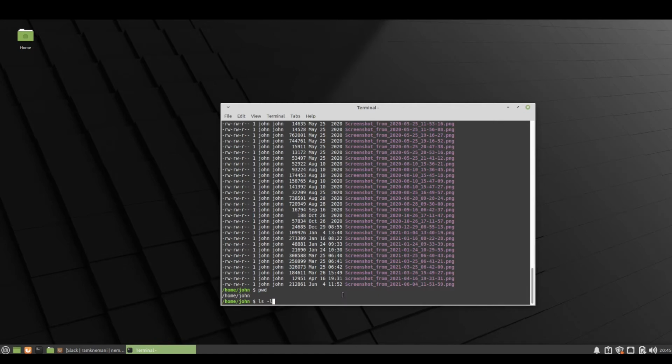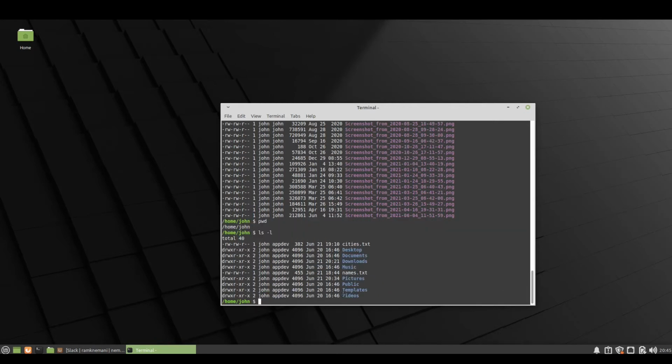And you see that there are several directories here as indicated by the first letter here. And if you want to go inside one of these directories, then the command to use is cd. cd stands for change directory. And if you want to change the directory to pictures, you have to say cd space pictures. That's what you type in. So when you do that and press enter,